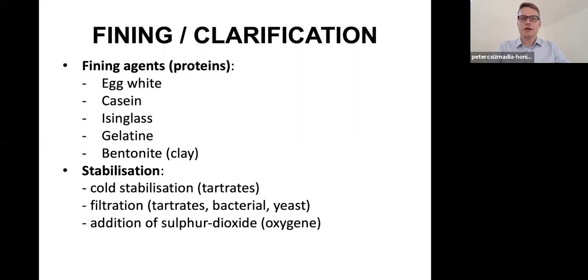Then stabilization is the next step, where you will want to remove, for example, tartrates. Tartrates, again, are suspended in the liquid and they are not a problem. But when it becomes cold, then they form crystals, sink to the bottom of the bottle, and the consumer may think that actually there are glass splinters, and that may cause complaints. So that's why we want to remove it. I have come across very fine old vintages of Tokaj and Sauternes where this was present. They did not actually stabilize, and there is no problem with these crystals at the bottom,